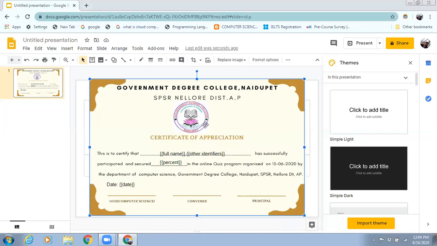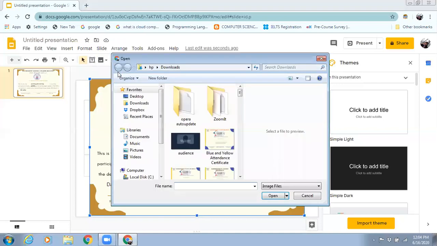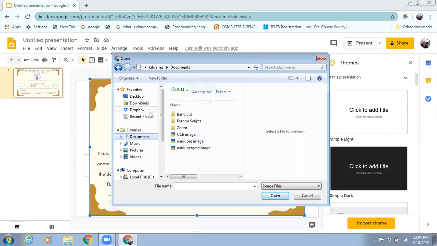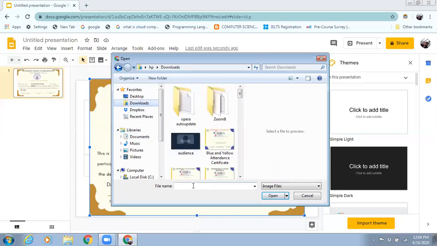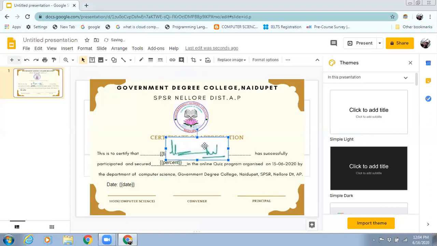And the signs also, if you want to. This is a basic certificate design I downloaded from somewhere. Here I am imposing images. Suppose you want to import an image from the computer, a sign I want to give. Your HOD sign or any sign, you just download it in downloads. Suppose I have the principal sign here. Okay, open, so you just keep it here.